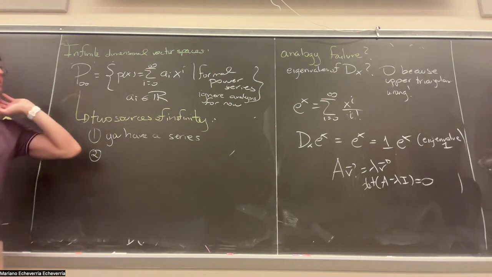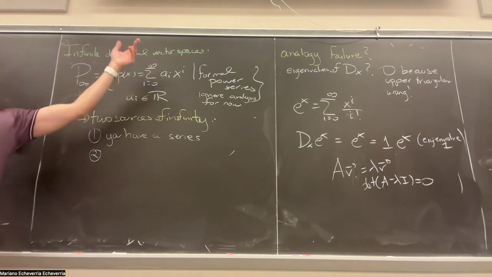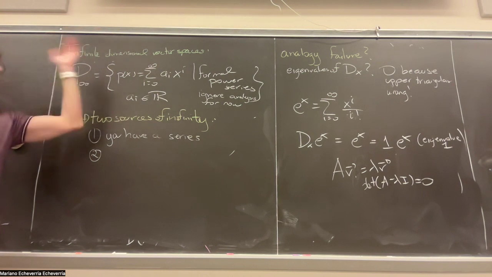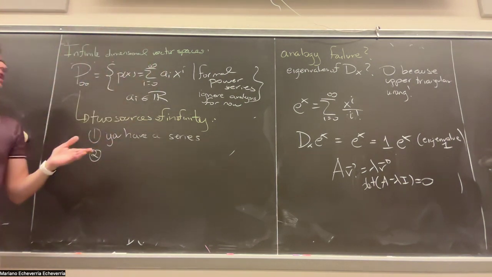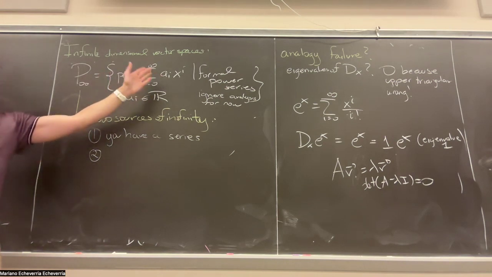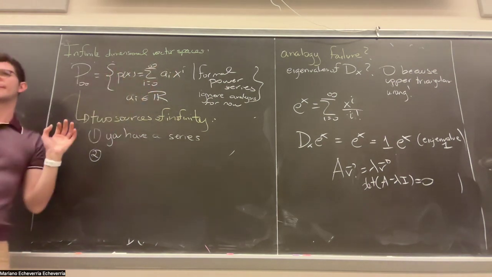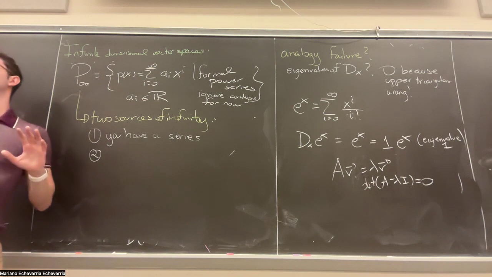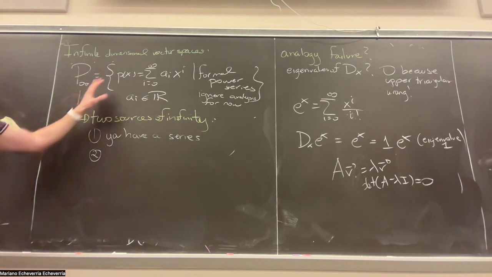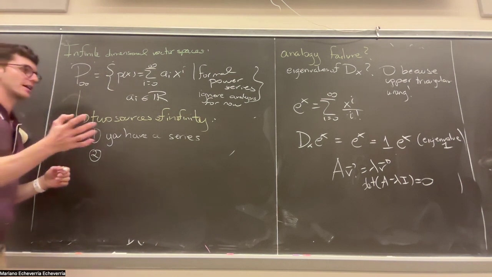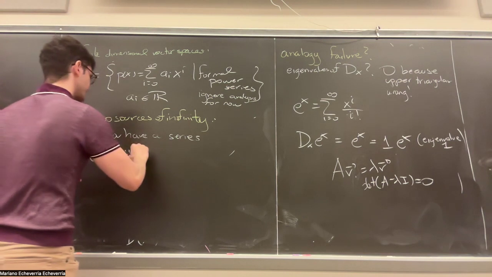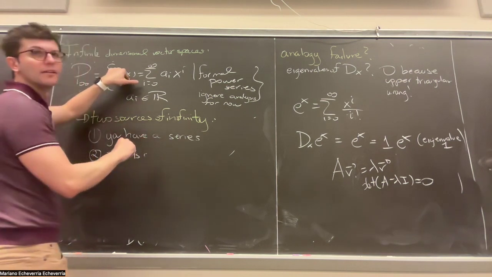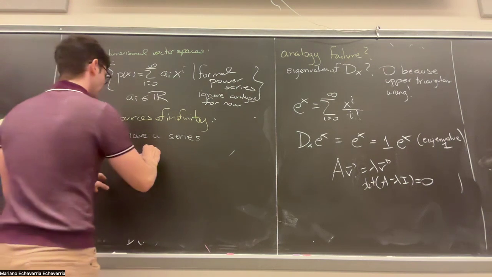you want to think of X as a variable that takes value somewhere. The way I'm writing it up is to suggest that X can take any value on the real line. So if you think about X not as a formal variable, but as an actual variable that can take different values, which is what that function notation suggests,